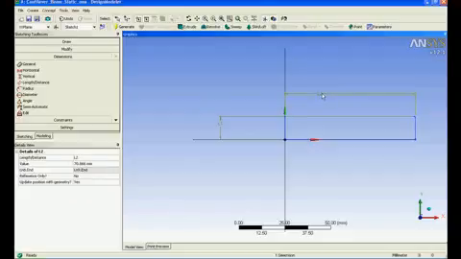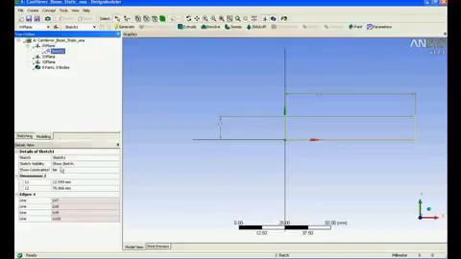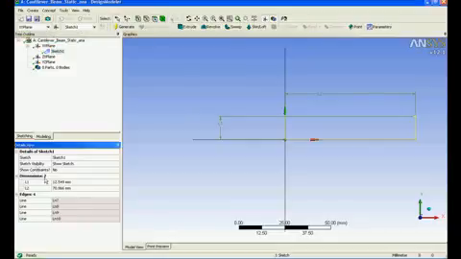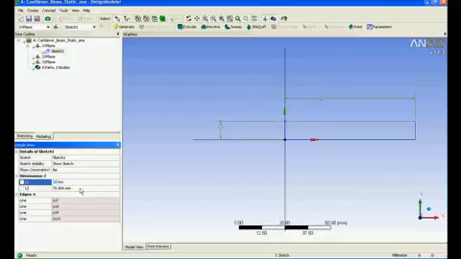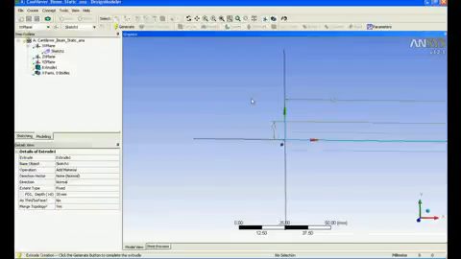And the dimensions, if you want to edit, you cannot click over here and edit them. You need to go to model, and underneath your XY plane the sketch has been stored. Select the sketch and the properties are shown over here in the details view tab. Fine. You got an L1, you got an L2. I'll change the L1 dimension to 10 and the L2 dimension to 100. I'll say okay. I want to extrude it.